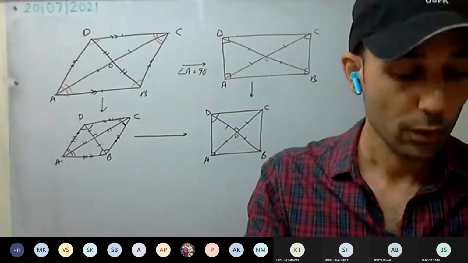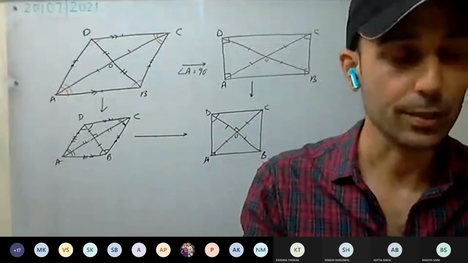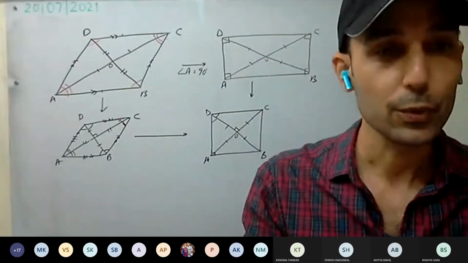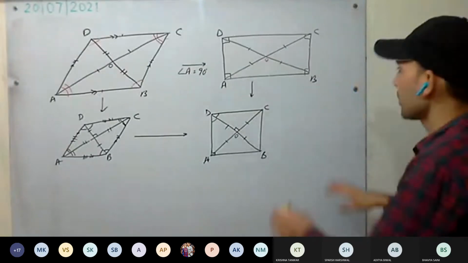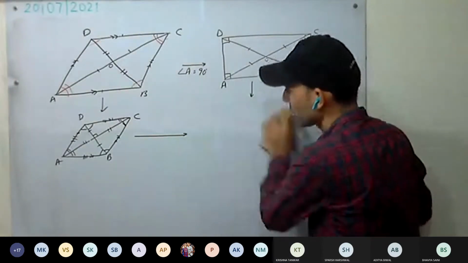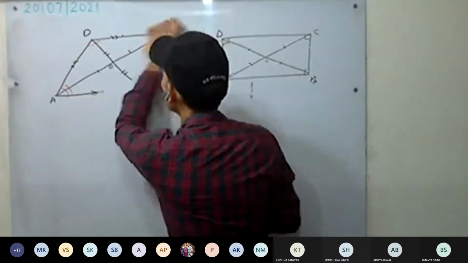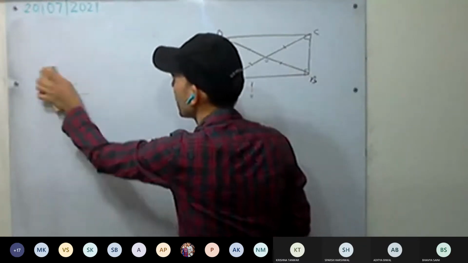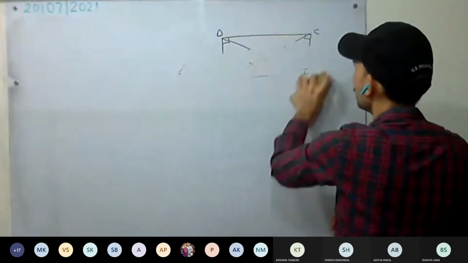Okay, these properties I have written on a page. I will send you on WhatsApp. Go through them, revise them. These properties are important. Along with questions, we'll discuss the properties as well. So if you are having the 8th class book, you can go through them as well. I'll provide them to you.